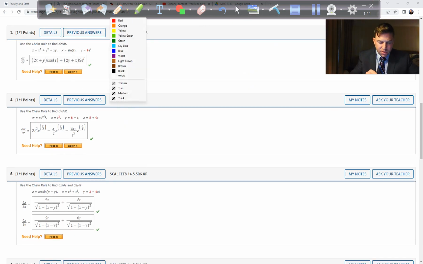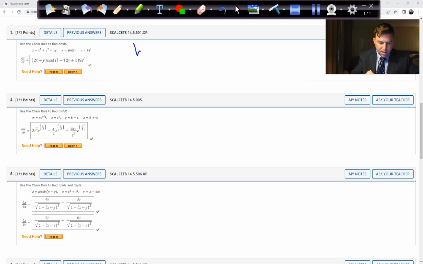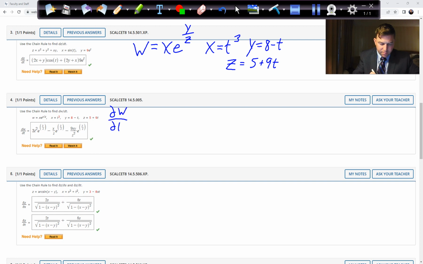Problem 4 is going to be extremely similar. We have a w equation, x e to the y over z. Then they tell us x is t to the 3rd, y is 8 minus t, and z is 5 plus 9t. And what we're looking for is dw dt. Well, that's partial w